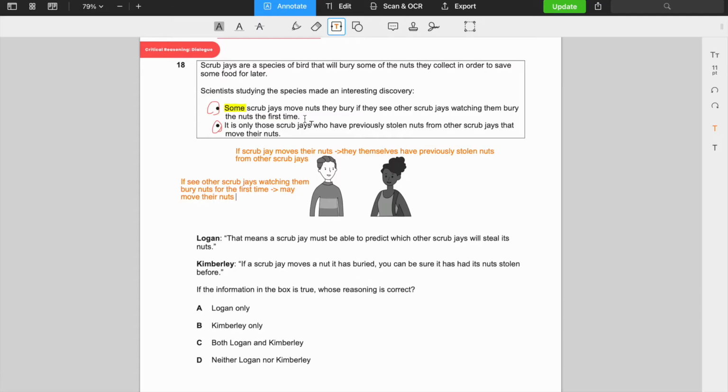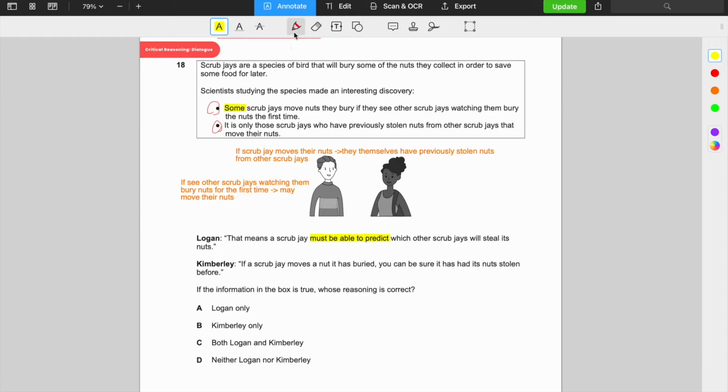Okay, so let's just go through the statements. Logan, that means a scrub jay must be able to predict which other scrub jay will steal its nuts. No, that is incorrect, because it doesn't say anywhere in the passage about the scrub jay's ability to predict who will steal its nuts, right? It never says anywhere must be able to predict, right? How can we know for sure? If Logan said they may be able to predict which other scrub jays will steal its nuts, that's probable, because